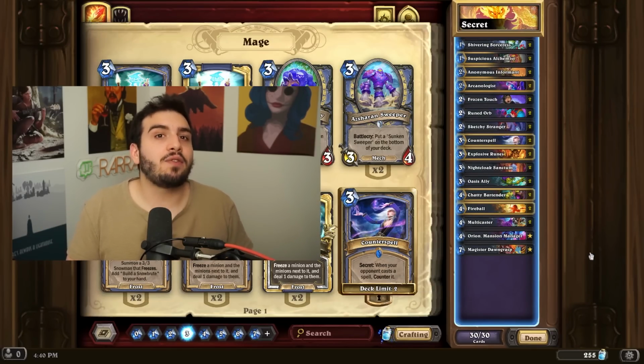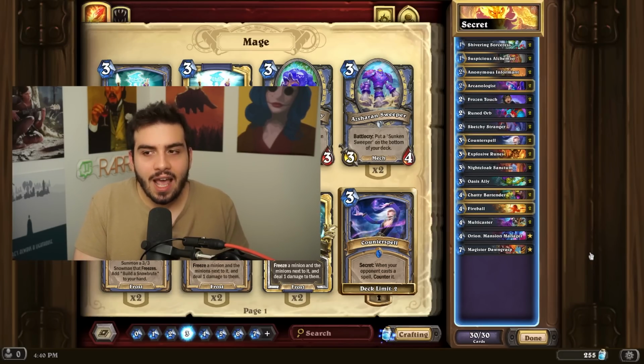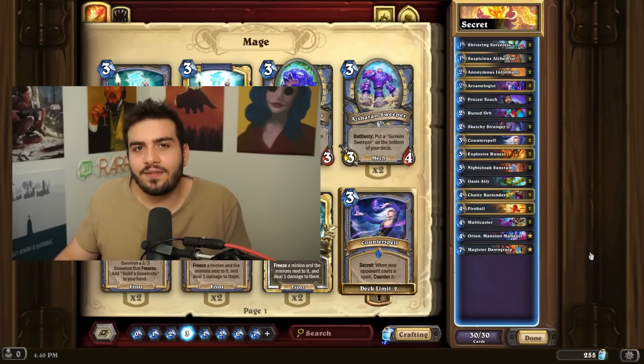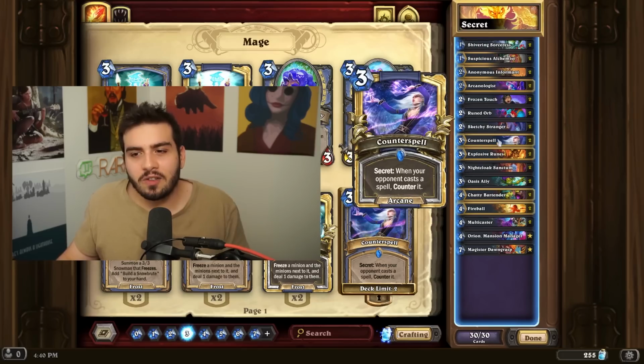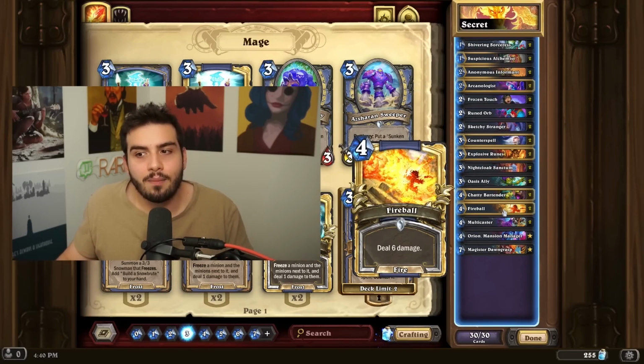This might be a surprise for a lot of you, but Secret Mage actually performed very well for me on the first day. I didn't lose a single game in a 5-game sample size, and the main idea of this deck is just fight for the board early with some pretty good minions overall. Secrets start piling on, and then you basically kill your opponent with burn damage with cards like Fireball, Frozen Touch,